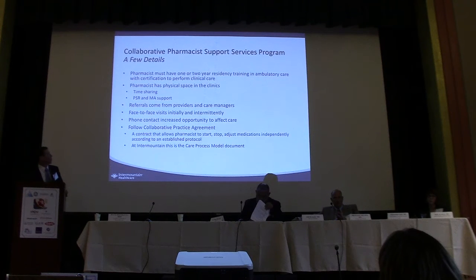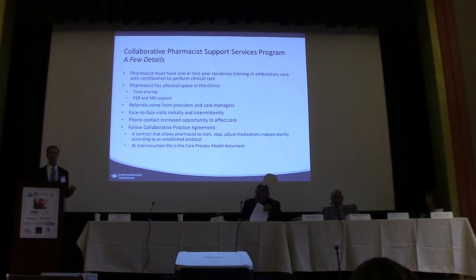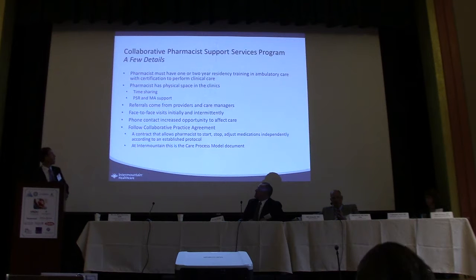They follow the collaborative practice agreement. So that is one particular that would be important to know as we integrated this, that we needed to give some direction to the pharmacists. As we increase their scope of practice, what does it look like? How are they actually working with the physicians and not just out on their own in deciding what kind of medications they can prescribe, medications that they can change, what can they do with the opioids if that's what they're working with. And so we've had in our collaborative practice agreement,